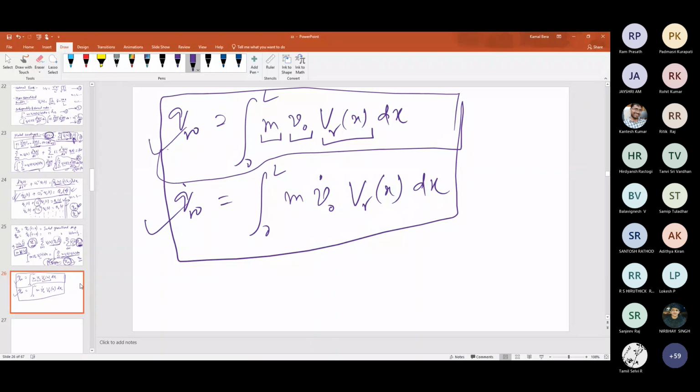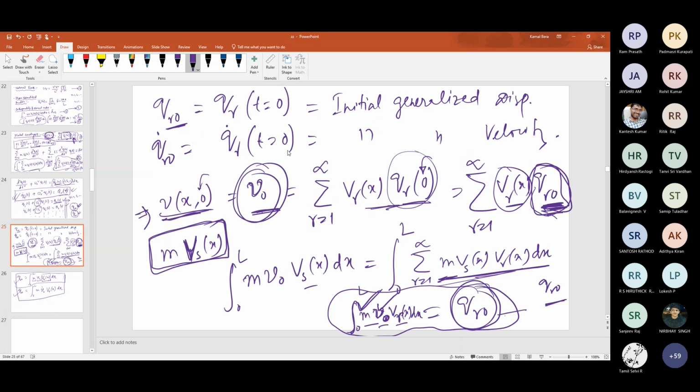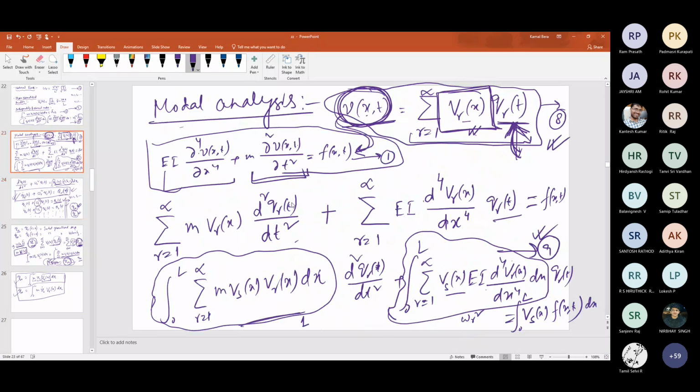Now, just a small idea. These quantities, that is V_r(x), are now exactly known to you, correct? You know the exact manner for the simply supported beam, or cantilever beam, or fixed beam, or free beam, for simple boundary conditions, and if your beam is uniform in nature. Then you can find out the natural frequencies and the mode shapes exactly. So what I am trying to say is that in this expression, V(x,t) equals V_r(x) Q_r(t), this is exactly known to you.